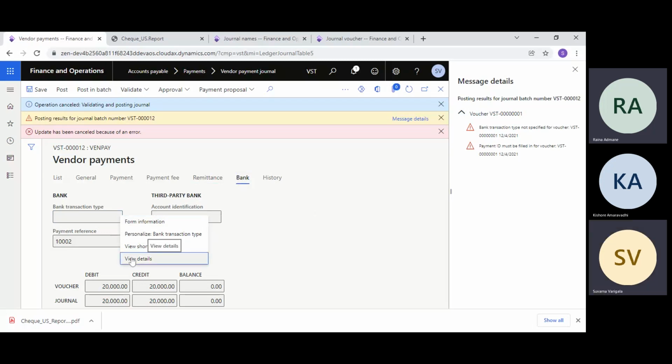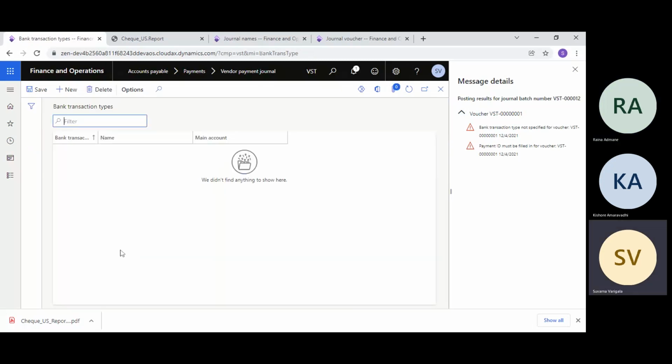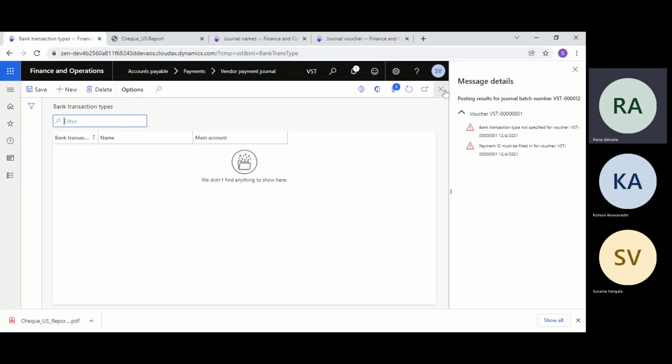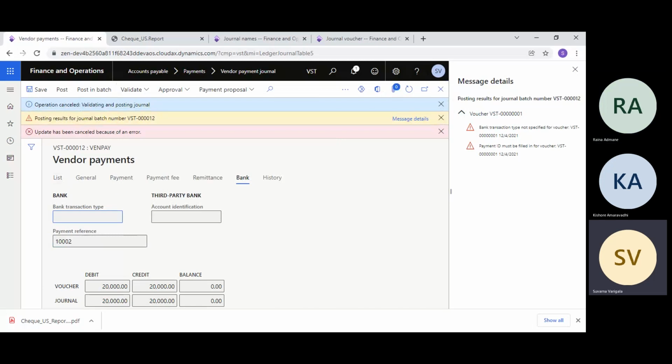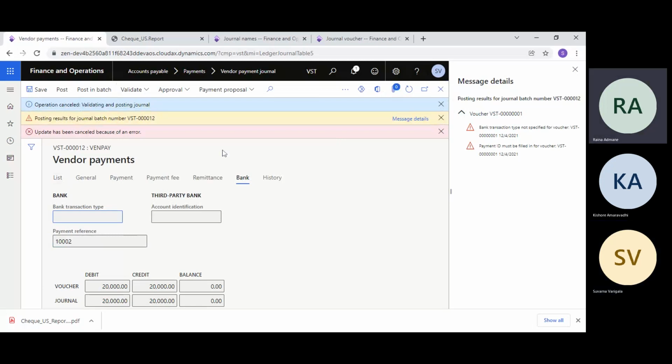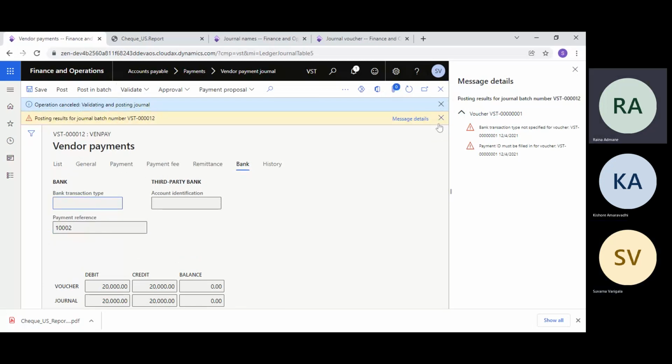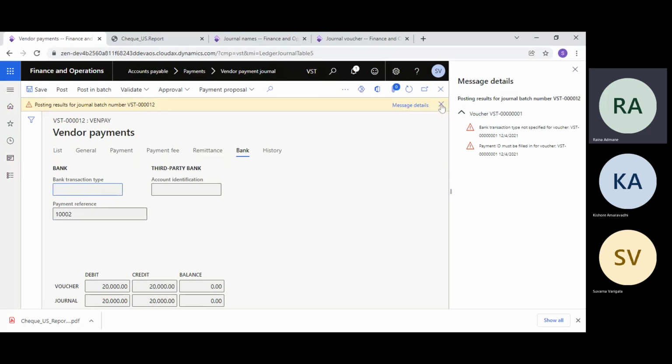Transaction type means you can add payments or receipt. Did we make it mandatory anyway? No, it's frozen. Just try again now. It will not allow you to select or change the name. It will again void the check, which I want to avoid at this stage.